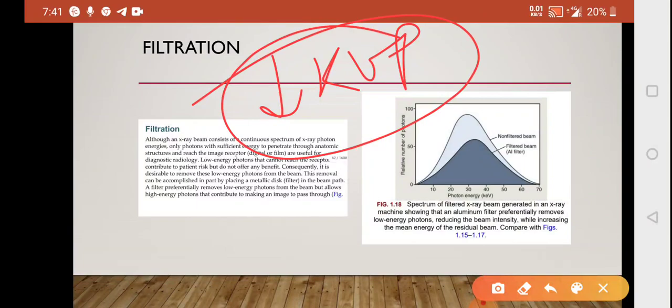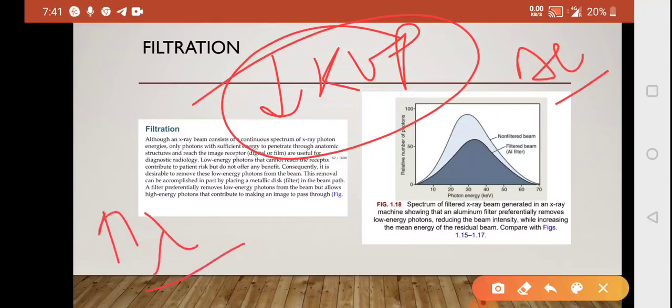So filtration, I told you yesterday in the X-ray machine also, usually aluminium is used as a filter, and it is going to remove all the unwanted X-rays that are of low kVp. Low kVp means more wavelength. You should know that kVp is inversely proportional to the wavelength. Fine. So a question can be asked, what is the aluminium filter going to do? It is going to remove all the long wavelength X-rays. When you do the MCQs, you will get this MCQ also.